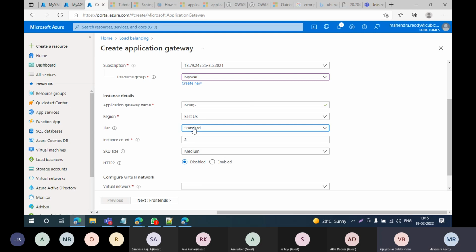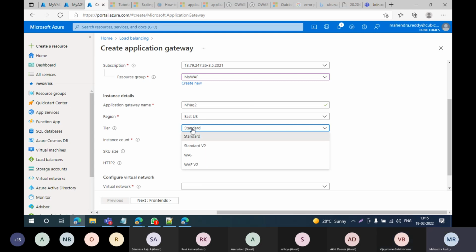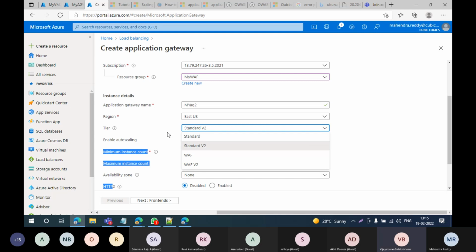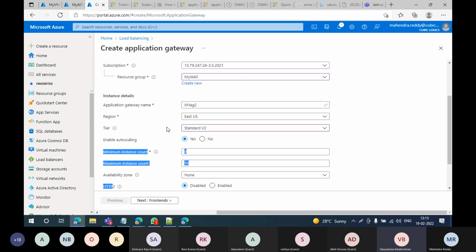You have observed here that the options change based on the tier we choose. In Standard, we don't get WAF, but we get high availability of gateways instantly. So how you need to decide this option is basically RTO. So now you all understand, right?